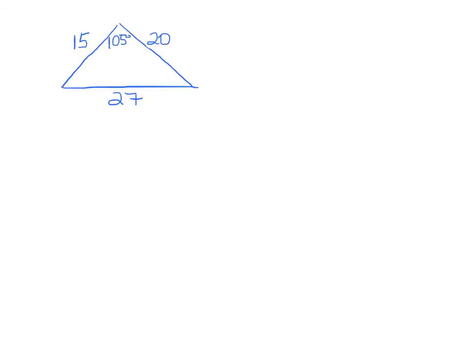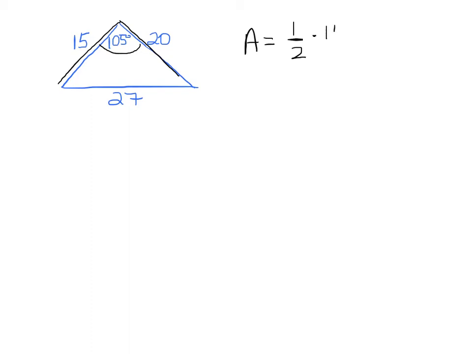Let's look at the given triangle. It has side lengths 15, 20, 27, and one angle is given at 105 degrees. Notice that all the side lengths are given, but only one angle measure is given. When that's the case, we can only use that one angle. So this angle right here, 105, means we have to use the 20 and the 15 in order to find the area. To do that, area is going to equal 1/2